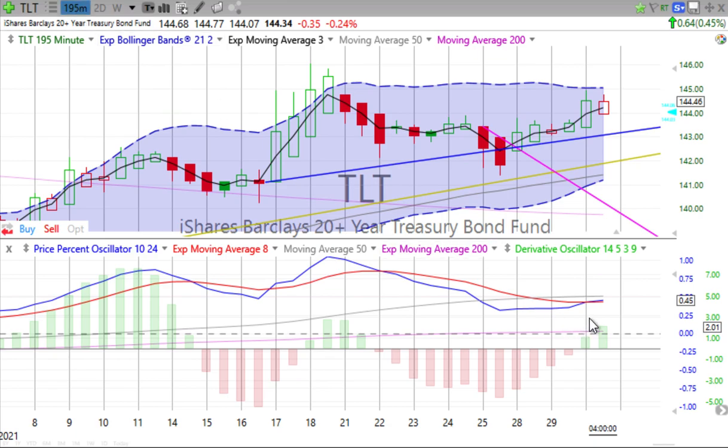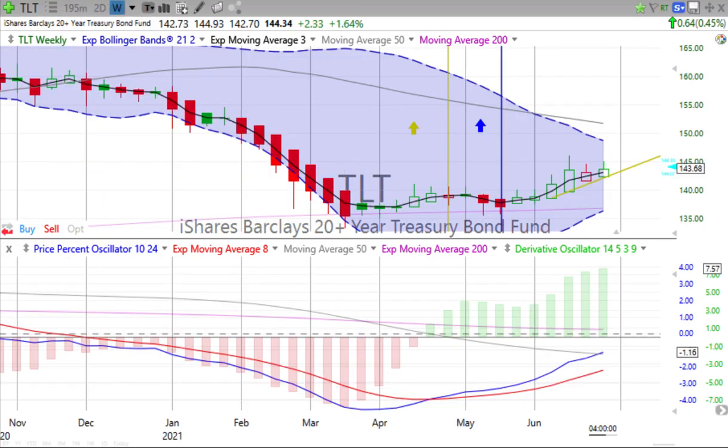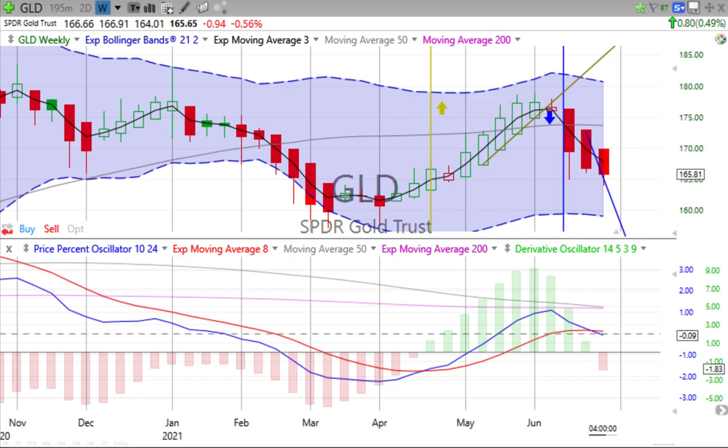And of course, what have we had happen at the end of the day? We have had that 2-day, or that half-day rather, crossover going up. That's good to see. I was trying to see if we could connect 3 candles there. Doesn't look like we can. Derivative oscillator positive, price percent oscillator just barely crossing over at the end of the day on bonds. That's where we are. Let's take a look at gold.